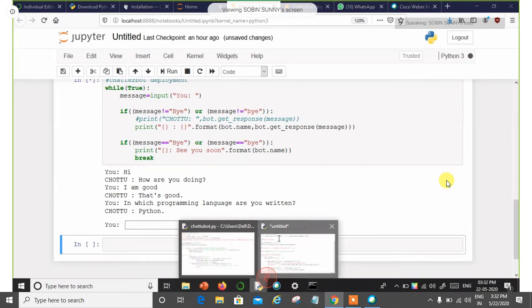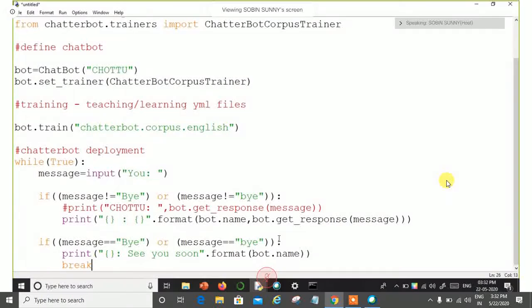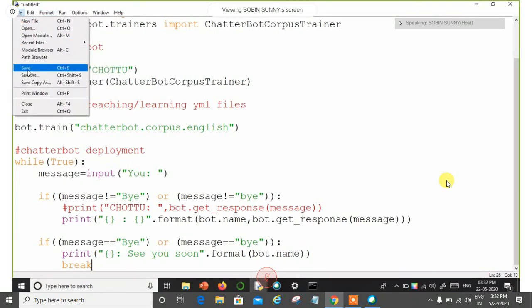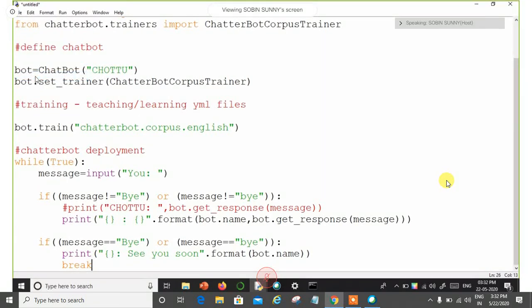And those people who have been writing the program in this IDLE, what you have to do now, the program is over now, you can save the program. Those people who have been working in IDLE, do like what I'm doing now. You have to save the program, go to File, go to Save As. Okay, you're going to save the program now.